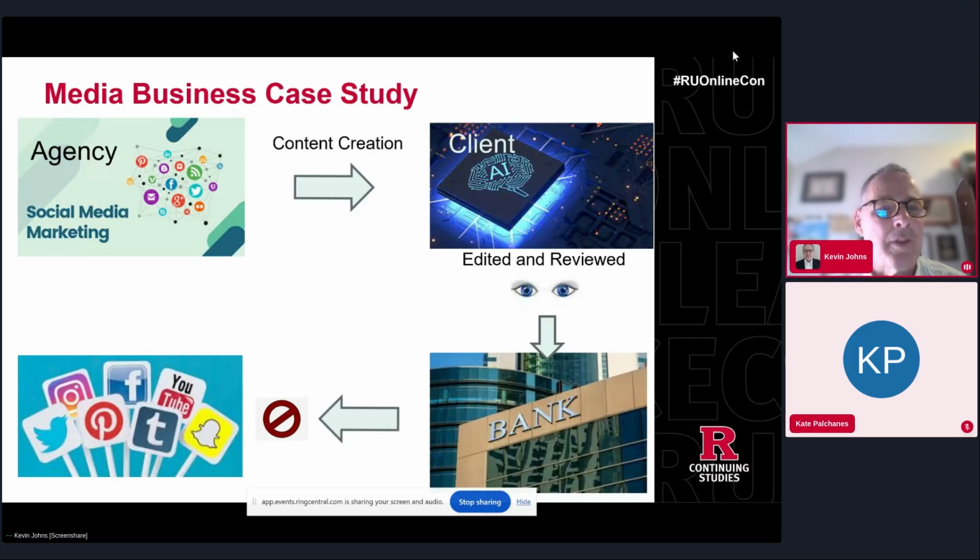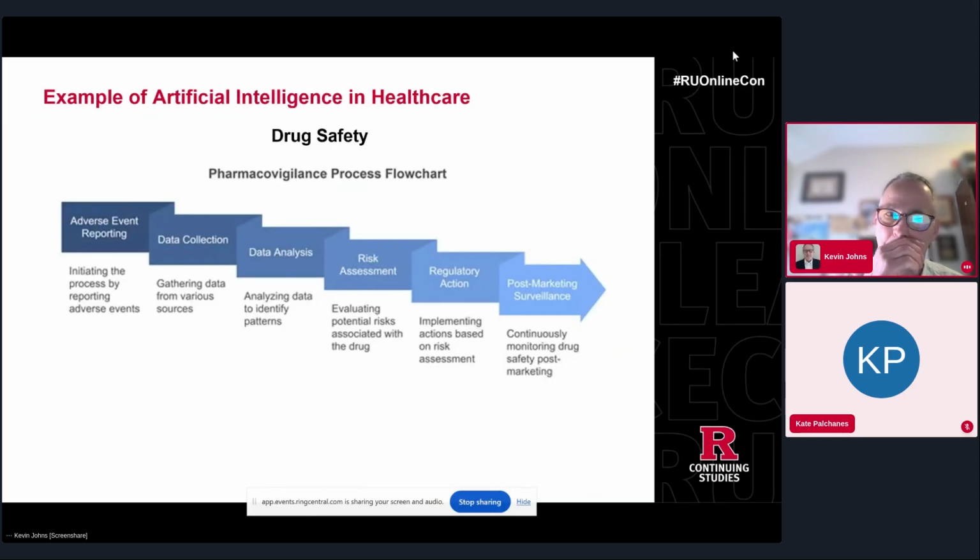So they had to work that back and forth: okay, we've got to put some new statements in the contract, and we've got to make sure that before we use any kind of Gen AI applications, we have approval from the client in the first place. So that was a simple scenario about, hey, these are young graduated students in these new social media marketing agencies: we can use Gen AI, let's create some content, we'll review it, we'll approve it, and then we'll send it over to the client. But in this case, it didn't really work out the way it should have.